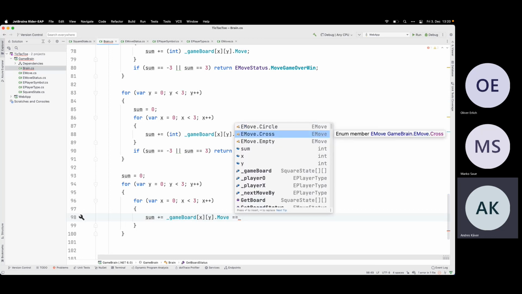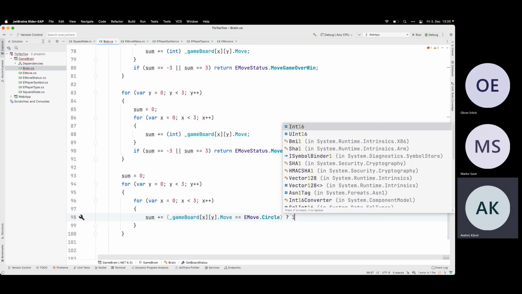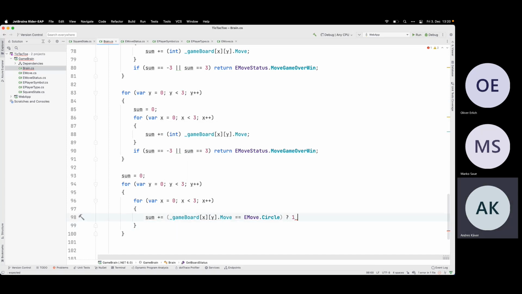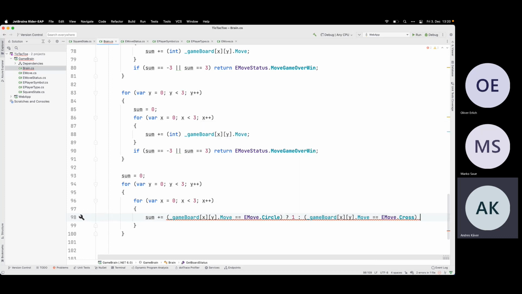If this is circle, then add 1, and else if this is cross, no, then also add 1, and the other case add 0.